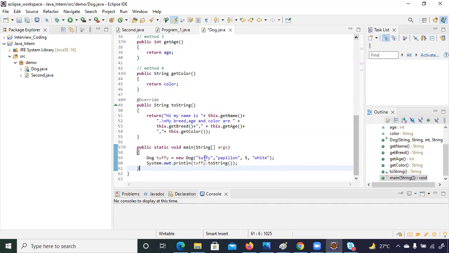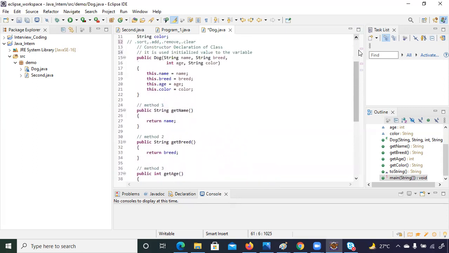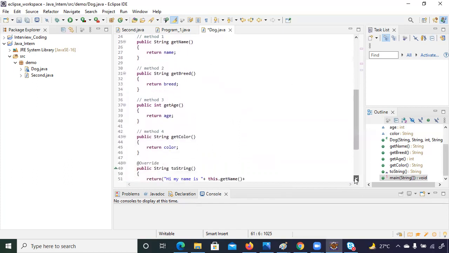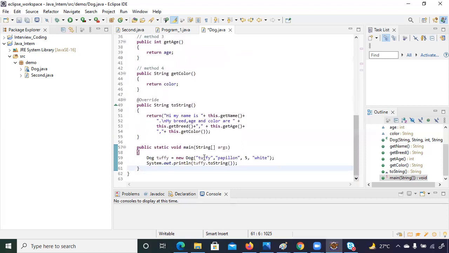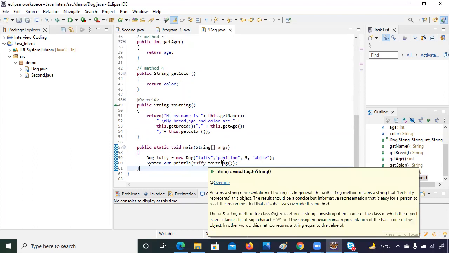Yes, Tuffy. We are passing System dot out dot println Tuffy dot toString. This is the value of the variable that I'm passing. So this Tuffy will be assigned to this get name, it will return the name, and it will convert those into a string.